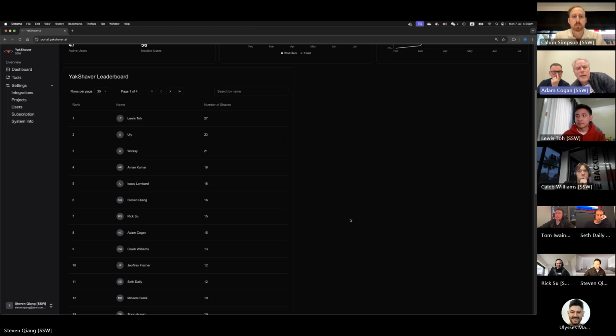I would love an item on the YakShaver backlog to improve the YakShaver leaderboard. I think there is a good argument to have this as its own node on the left-hand side. So after dashboard, you could add another one called leaderboard, and it's just got this. Now on the dashboard, you might have a link that takes you to the leaderboard, which would be a good way of getting there. I also would suggest having the spacing between each name a bit less, so you can get more on there, and also to